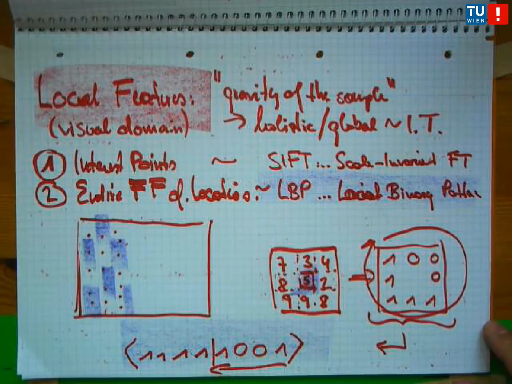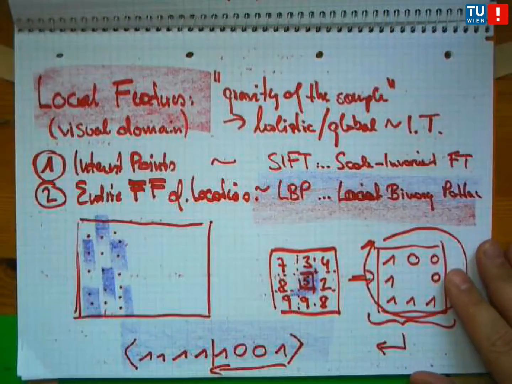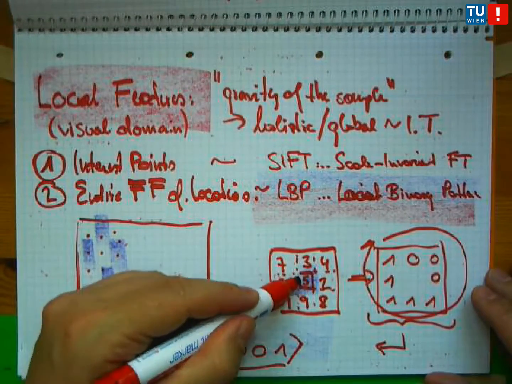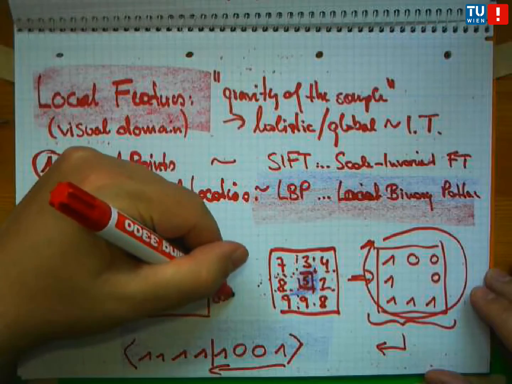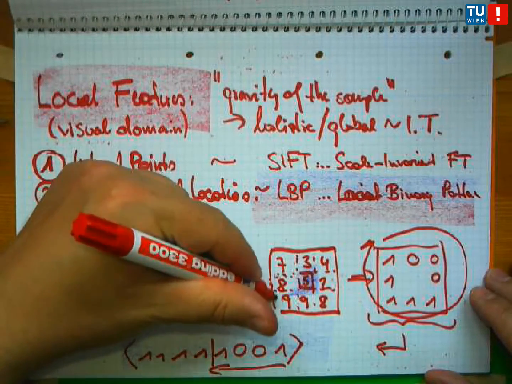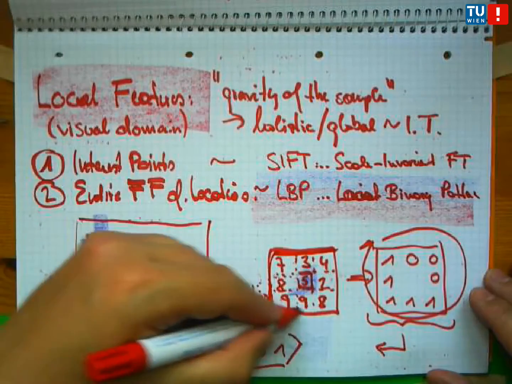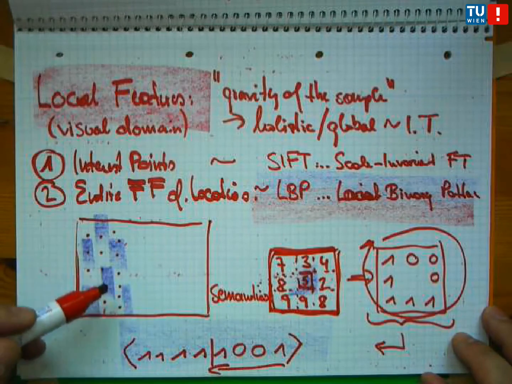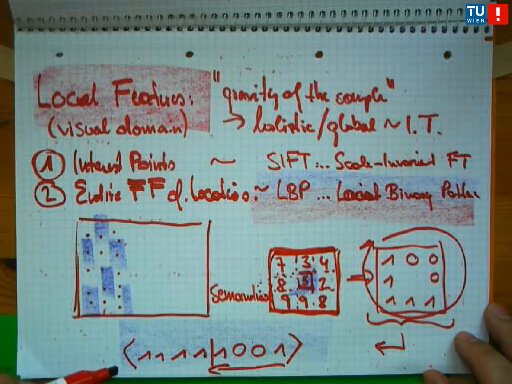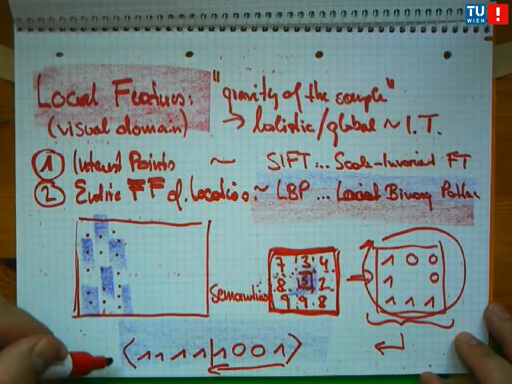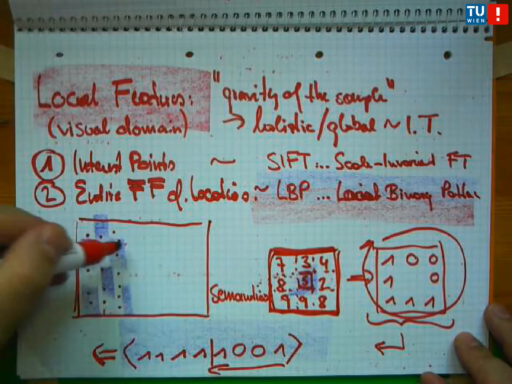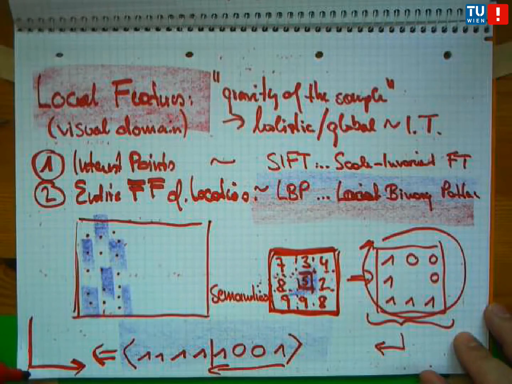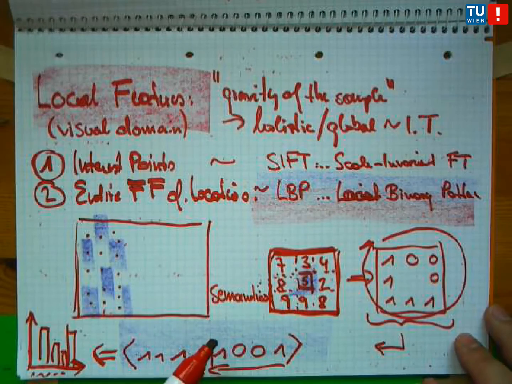And the LBPs have been an attempt, actually quite a successful one, to encode, without the need for semantics, at least these 3 by 3 neighborhoods in a standardized form, and not the individual values anymore, but the patterns, these small patterns. So the typical application is, once you have computed the patterns for every location, to build a histogram for the different types with the numbers of occurrences,